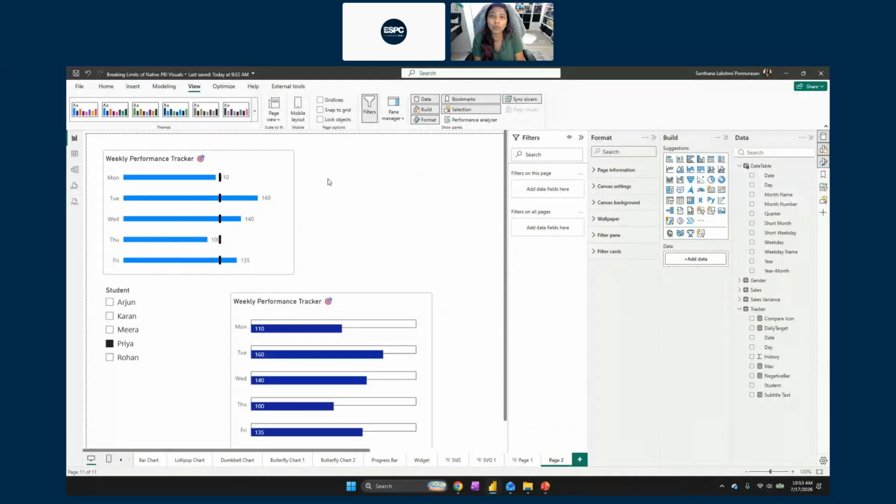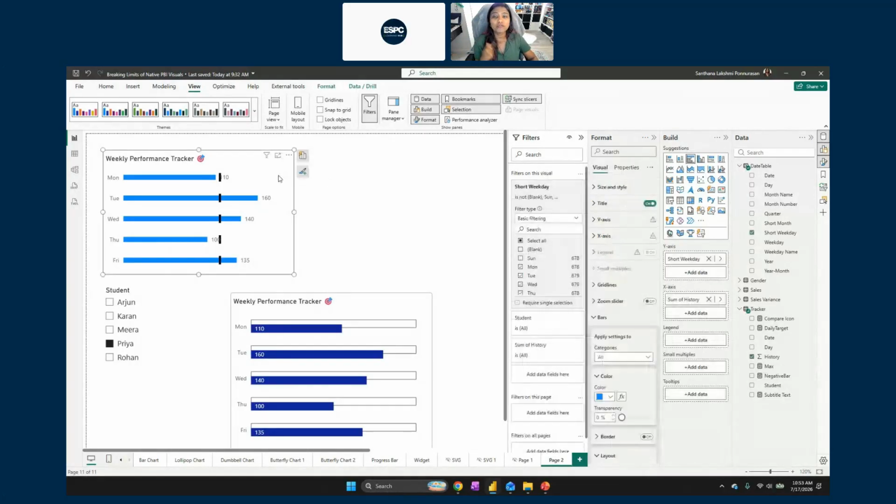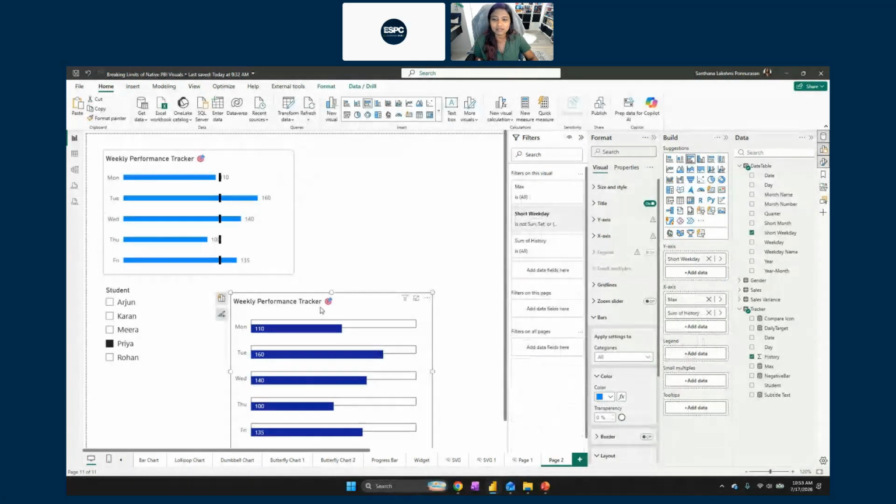Now, what you're going to do is simply pass the template file to a junior data analyst. Whenever the junior data analyst creates a visual, they open the template file and use format painter to simply format it. That's it. Very simple, right?